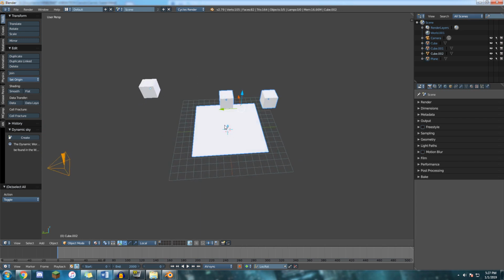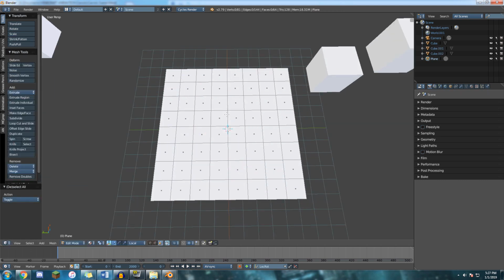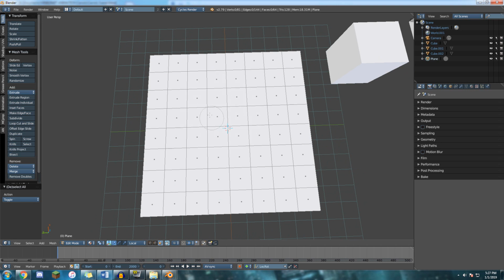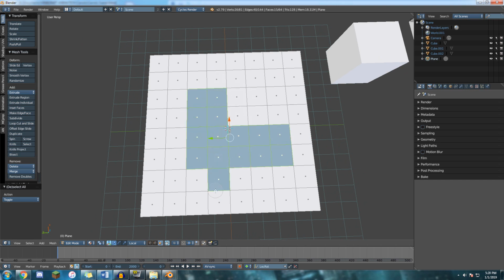However, one of the big advantages comes if you have something like this plane with a lot of subdivisions, and we want to select a bunch of different faces. You can press C, and you can literally just brush on the faces you want by clicking and dragging. And if you middle mouse click, it will get rid of things, so you can find whatever shape